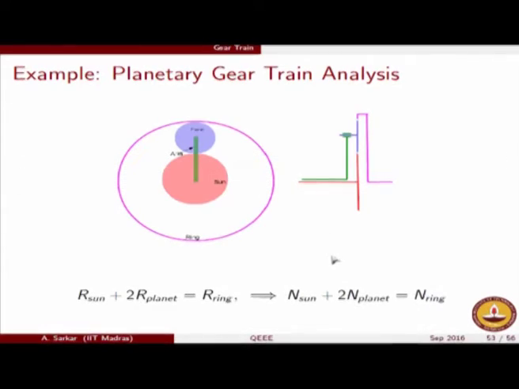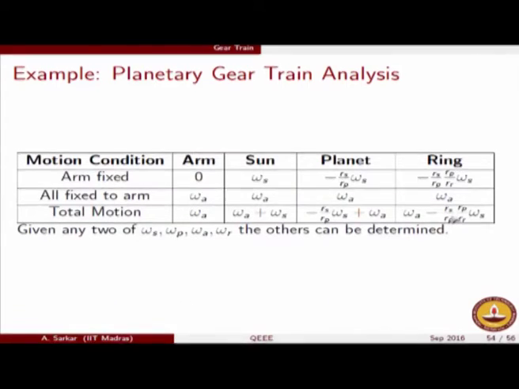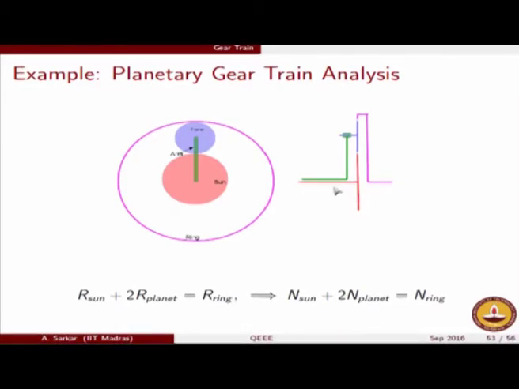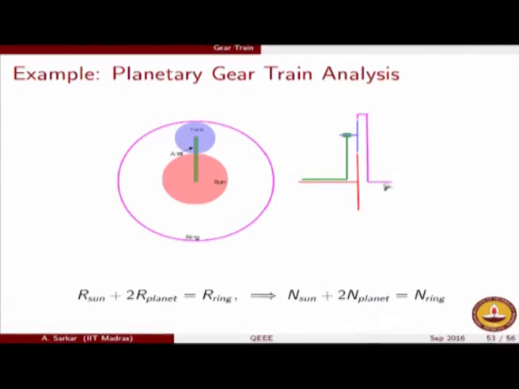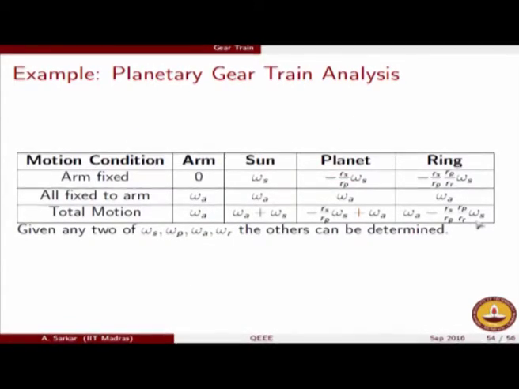And finally, if you realize that now there are multiple possibilities also, if I have a clutch arrangement and if I hold this ring gear, for example, then I will get in this one condition, which is this equals to 0, and the other will be let's say the sun will be the input. So the sun, omega a plus omega s, is some constant which is coming from the input. If I use a clutching arrangement on the ring, I will get this quantity to be 0, and using these two relations I will be able to determine the motion of the arm and of the planet.